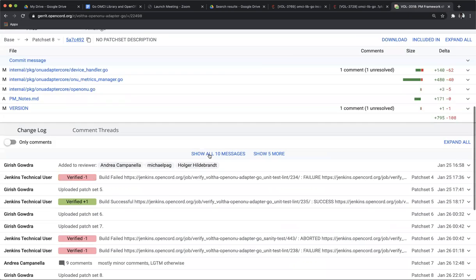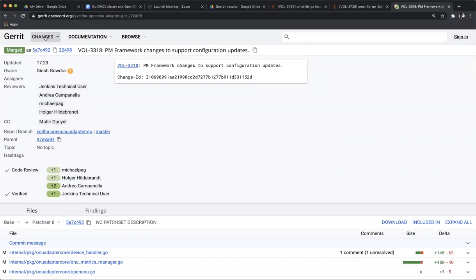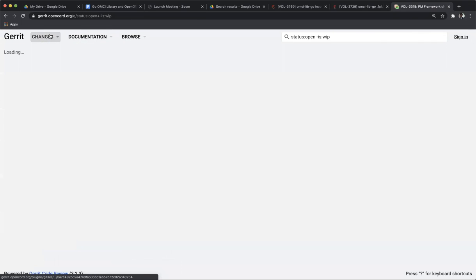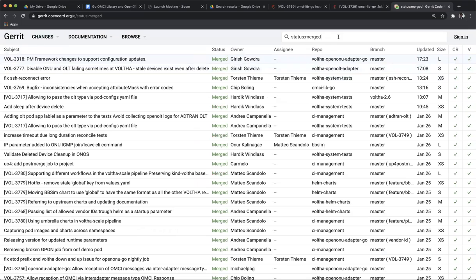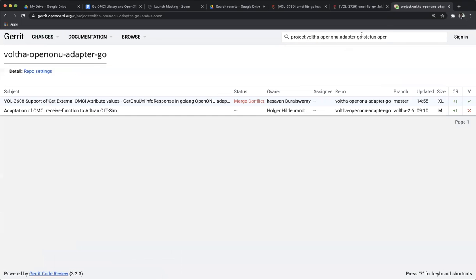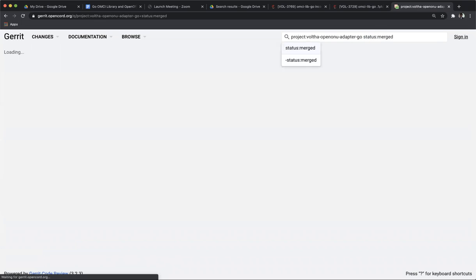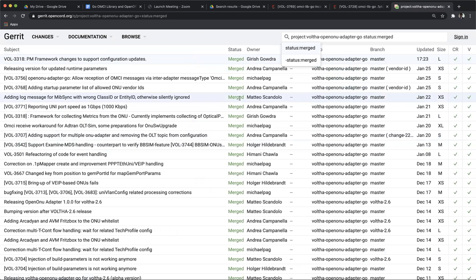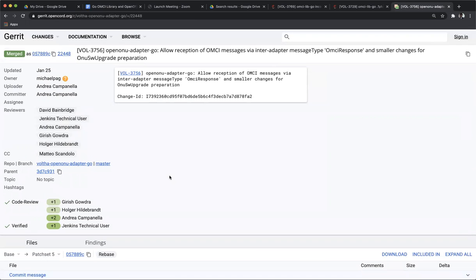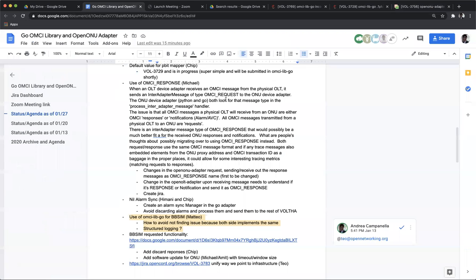And I think I have seen that the corresponding patch for the Python version was submitted. So the prerequisites for the ONU adapters are done. And on a certain date, if wanted, the change on the OLT adapter side could be done. Okay, good, perfect. So this we can call done too.